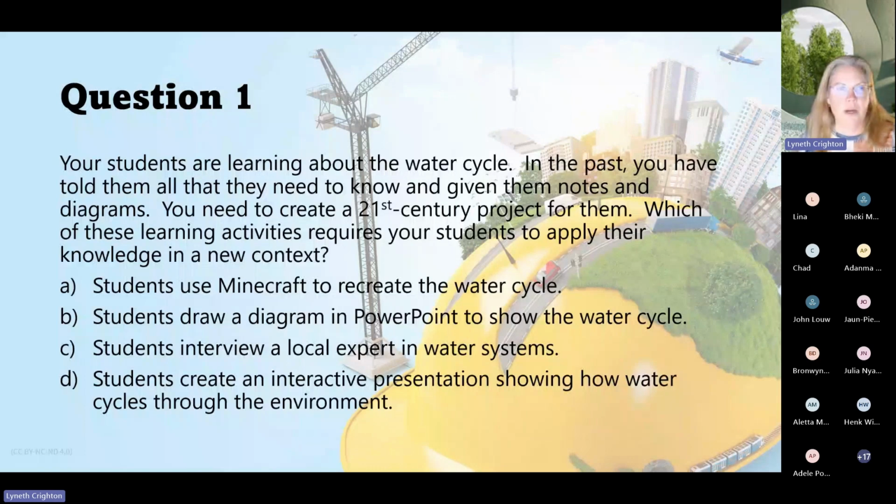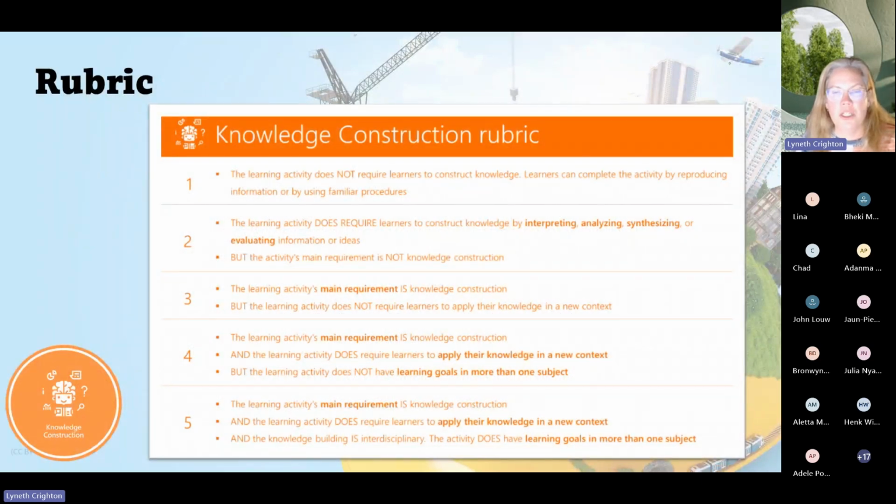So in case your font is very small on your screen, I'm just going to read it, not word for word, but I'll let you know the main points. So your students are learning about the water cycle, and usually you've given them notes and diagrams, but you want to create a 21st century project in which they apply their knowledge in a new context. So the options to choose from are, and remembering that applying knowledge in a new context